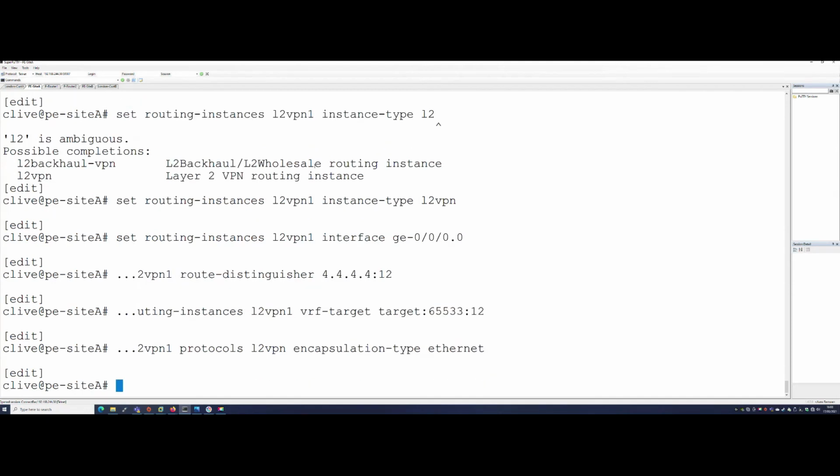Okay, we can do our interface description on here as well. Okay, so we go back to protocols L2VPN interface GE-000. We'll do it on unit 0 description, and we're going to do it in capitals. We have to put speech marks because there's going to be a space, and we'll just say "EDGE LINK TO LONDON CUST A". Okay,